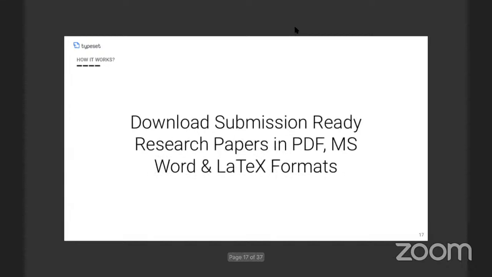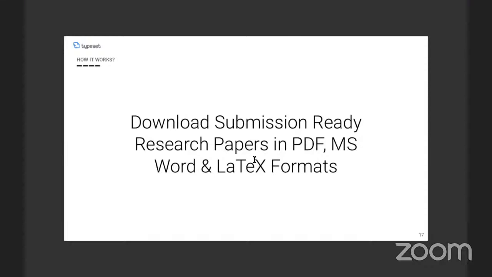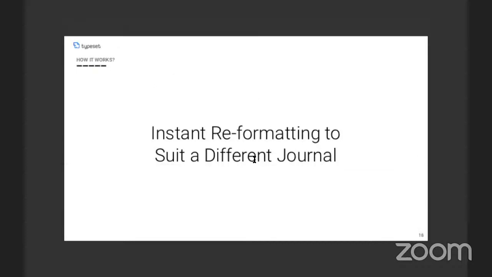And once the document has been formatted, you'll be able to go ahead and download it into submission-ready formats such as PDF, MS Word, as well as LaTeX. And you might ask me, what is the USP of the product, right? The USP of the product is instant reformatting of your article into a different journal